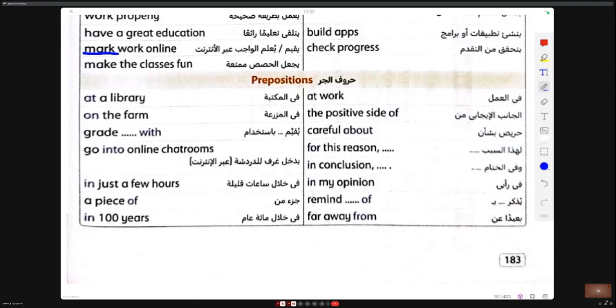In just a few hours. A piece of. In 100 years. Remind of. Far away from. In conclusion. In conclusion means at the end of the paragraph, I can say in conclusion, and then give what I want to write.